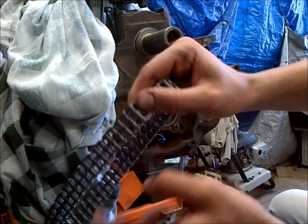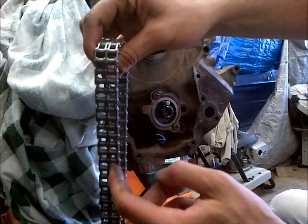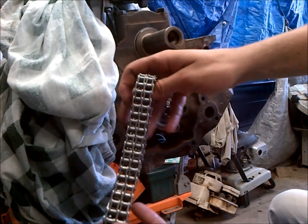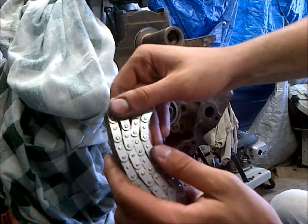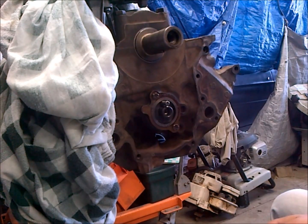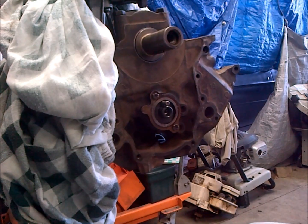So this is much like a bicycle chain, and these are a lot stronger and they won't stretch from wear near as bad because of these rollers. So that's real important, to use a chain of this nature, and they're only about 40 bucks, so I prefer to use them. So on this timing set, what we're going to go ahead and do is install